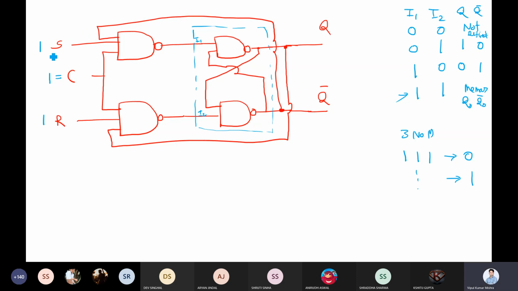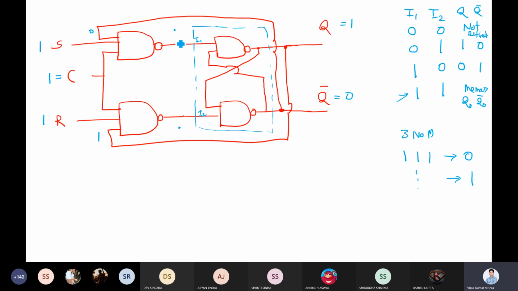Now if you give S equal to 1, R equal to 1 and C equal to 1, and let me take Q equal to 1 and Q bar equal to 0. Now what will happen? This will be 0, this will be 1. What will be the input here in this position? 0, 1, 1.